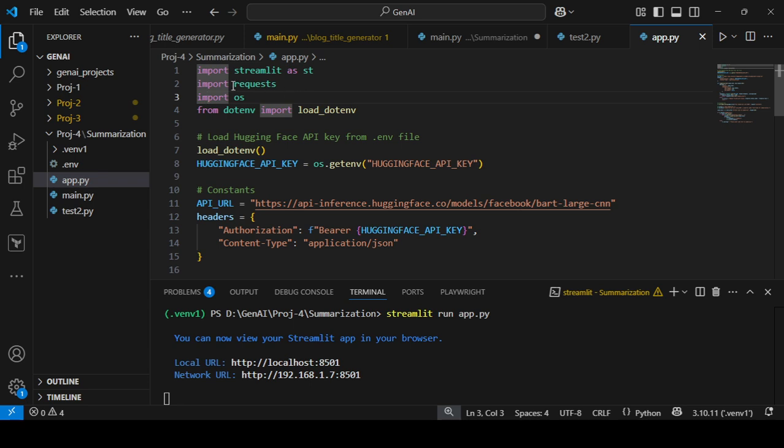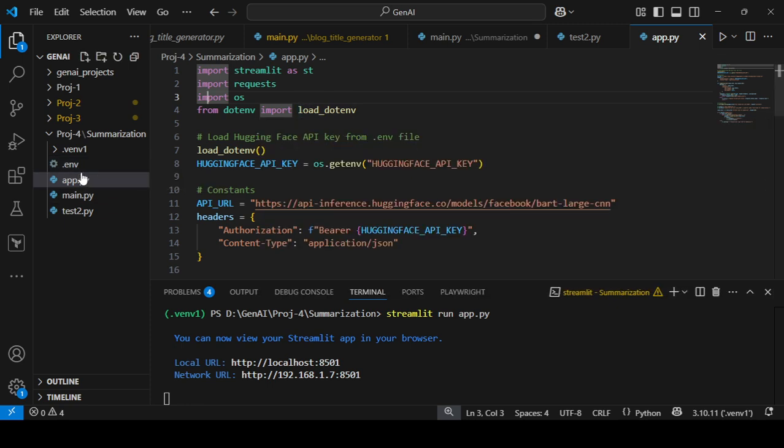And we need the OS module because we will access the environment variables, because we have our API key in this .env file for security purposes. This is the best practice to always secure your API keys or secret things in an environment variable.